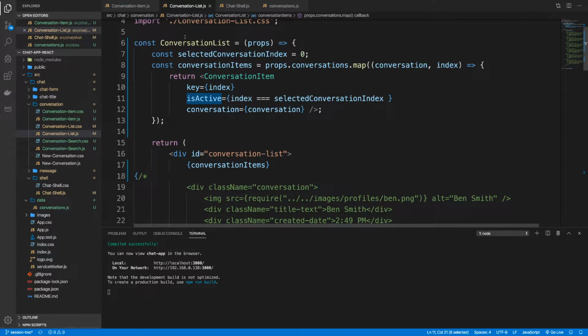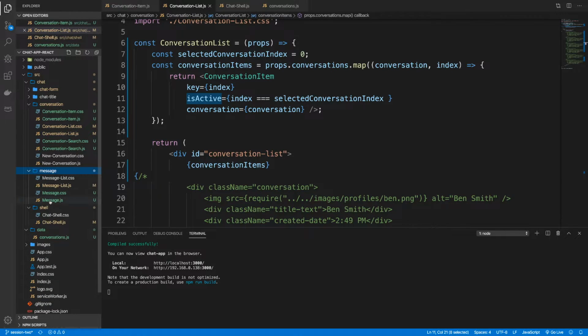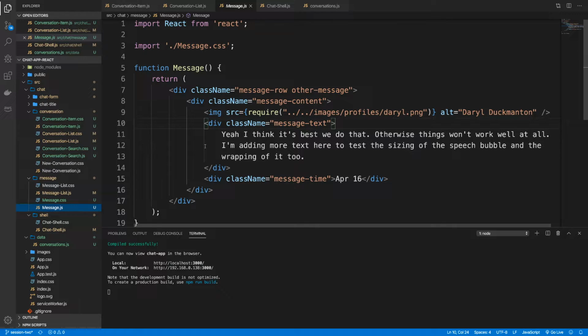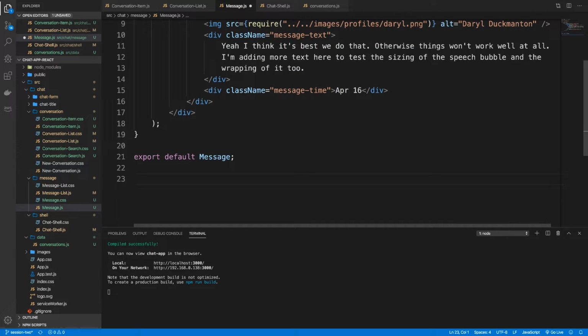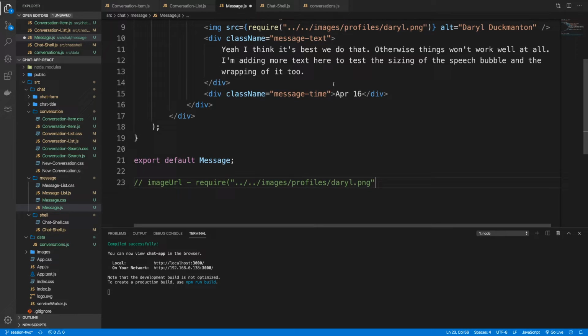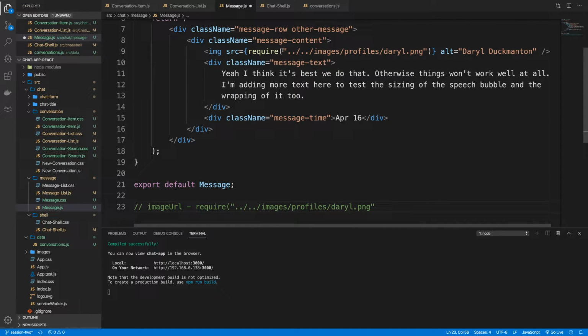So if I use conversation list and conversation item as references, I can now come over to where message is, and we'll start off with message.js. And what do we got here? So we've got an image for the thumbnail. All right, so I'm going to copy that. Once again, I'm going to have, we'll say image URL, like so. At the moment, I'm going to use that require, but I'm just going to put in here, so this whole expression,